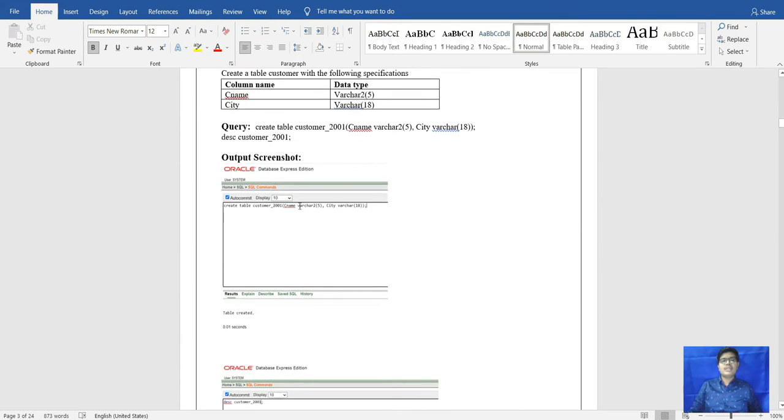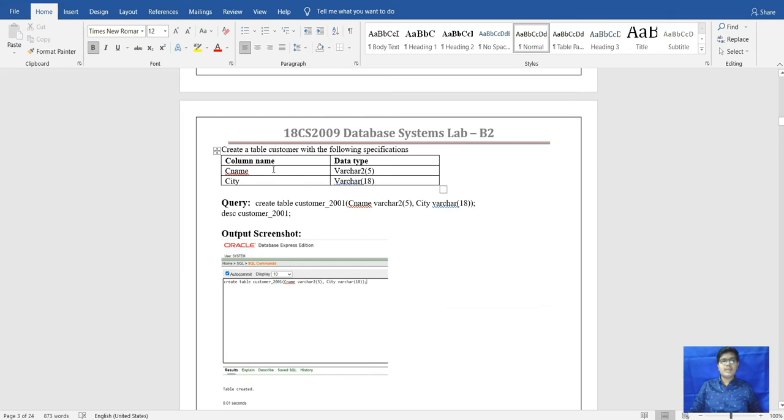Let's go to the next question, which is to create a table customer with the following specification, that is C name and city, having the same parameters as above.